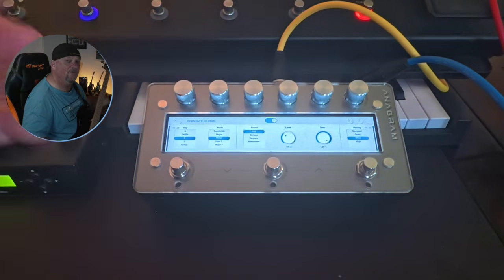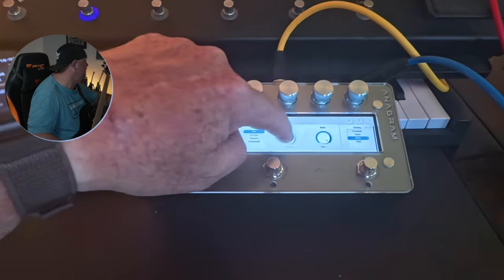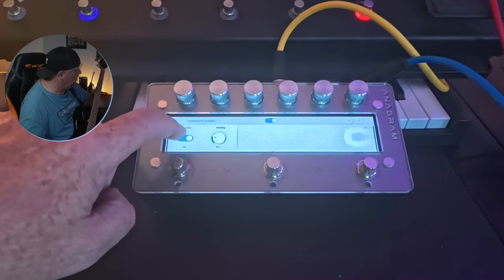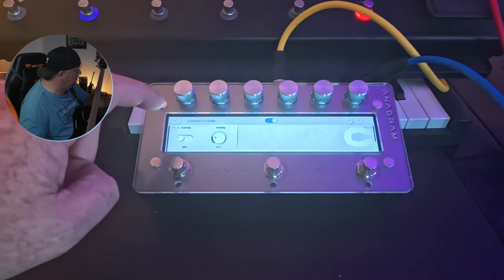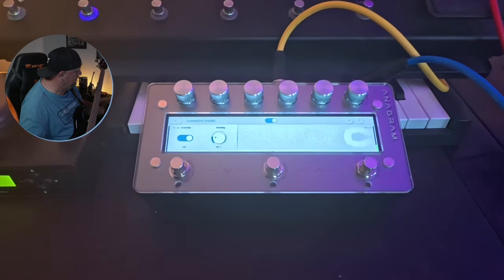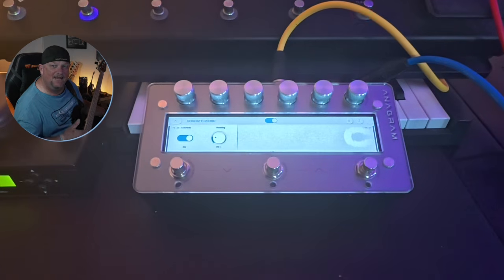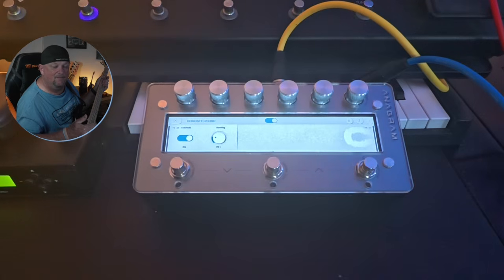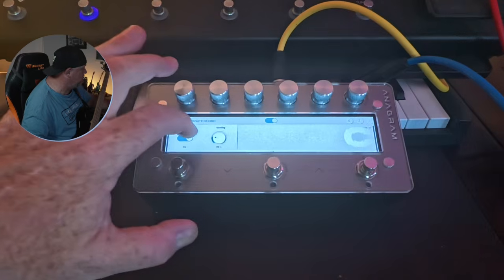I can adjust the level of the background and I can adjust its tone. But the other good thing I can do is I can either have it as always on, or I can have it fade in when I start playing and fade out when I stop playing. The ducking allows the bass to move forward in that mix. So what it does is it quietens down the chord tone while you're playing, and so it ducks it out of the way. So I'm going to leave that for fading